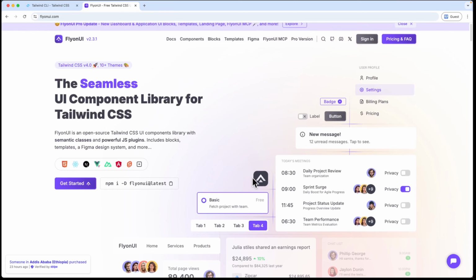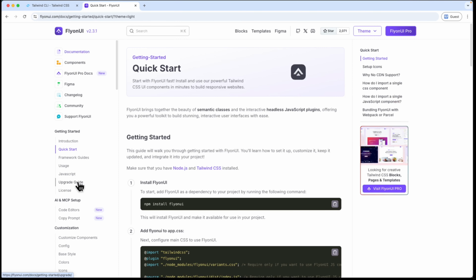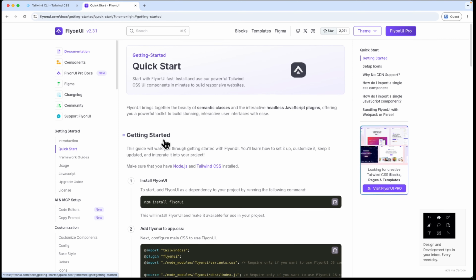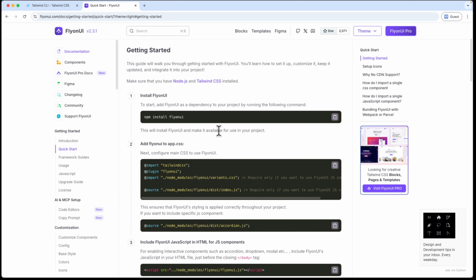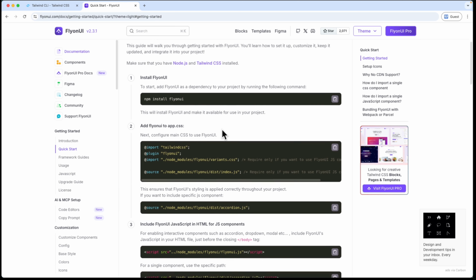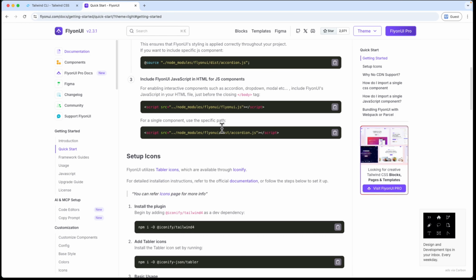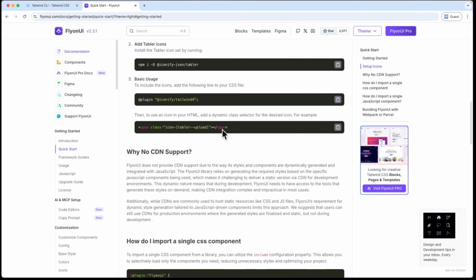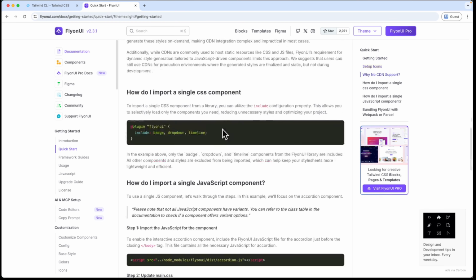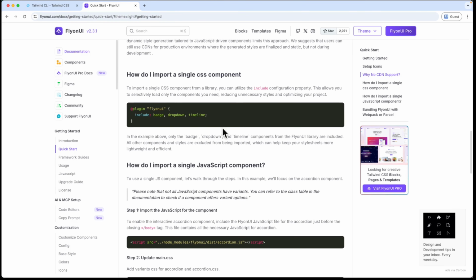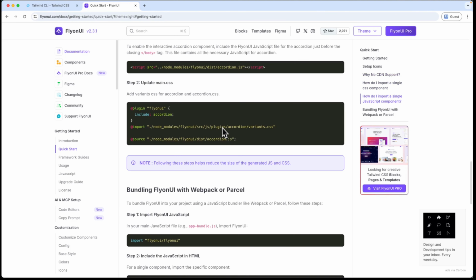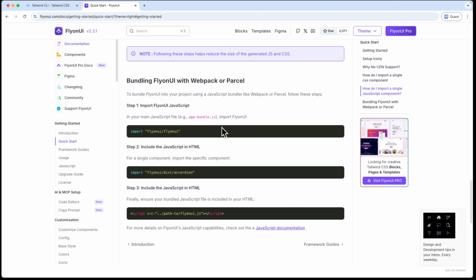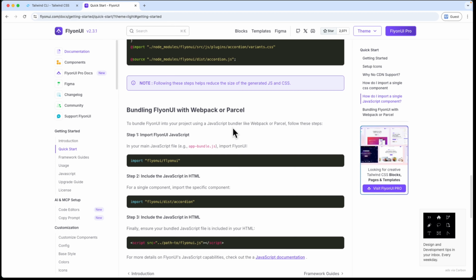So let's get started. First thing first, let's take a quick look at the documentation. It's well structured and comes with a clear getting started guide. So setting up FlyonUI is quick and hassle-free. The docs also cover how to set up the icon library, explain why CDN support isn't included, and show you how to include individual CSS and JS components so your project stays lightweight and doesn't get bloated with unnecessary styles